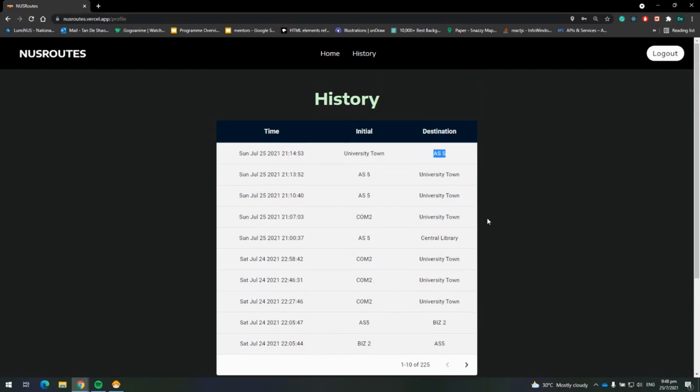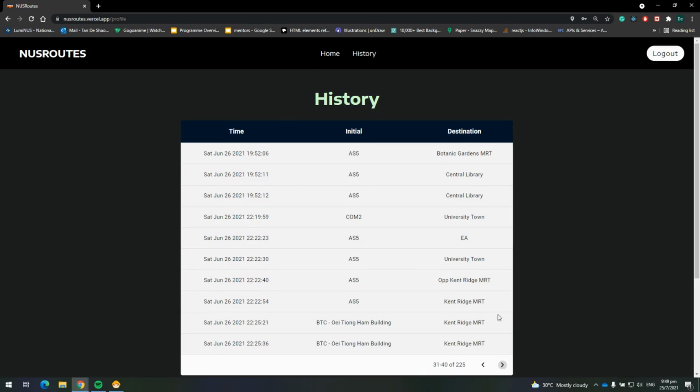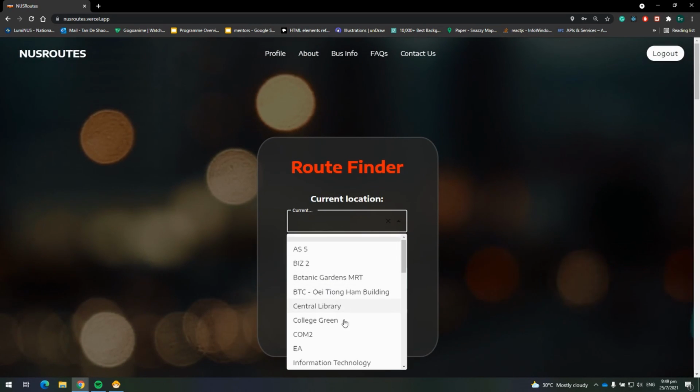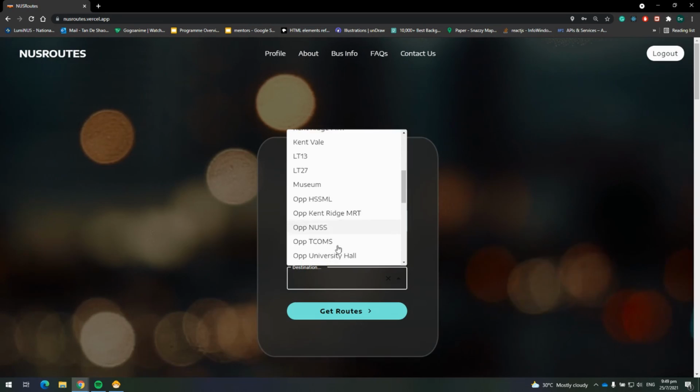And yep, this is the history of my searches. So if you would like to go back to the home page, you can click NUS routes, or you can just simply click home, right? So let's say I would like to go from COM2 to UTown,